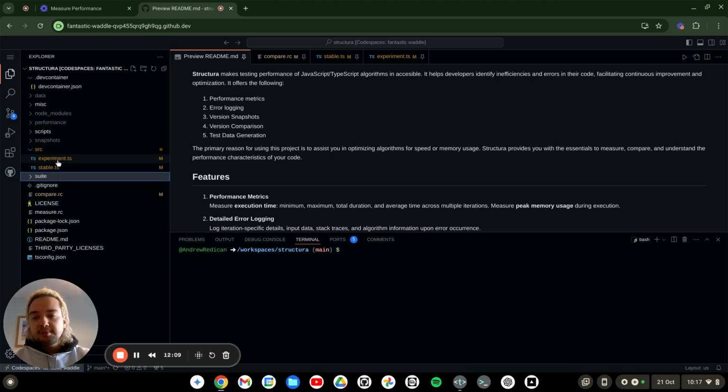So what's the idea between stable and experiment? Well, it's just like the scientific method, right? You have a control group and the experiment. Stable would probably be used for what you're currently using, and maybe you're trying to improve, or something that works best. An experiment is a different version of the stable algorithm that you're hoping will be faster. Then you test your assumptions by running performance tests, and if you're happy with that, you promote it to be the stable version